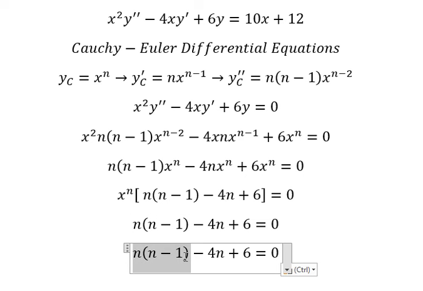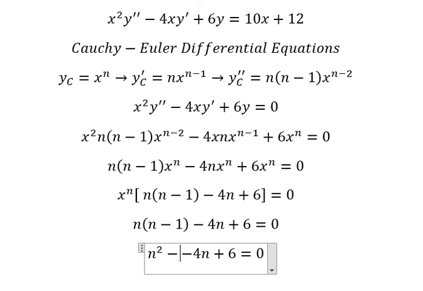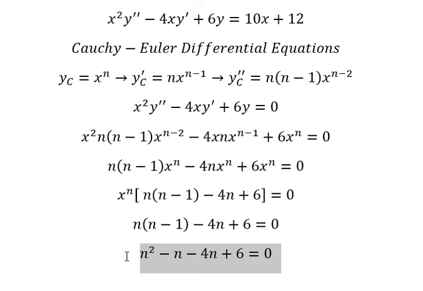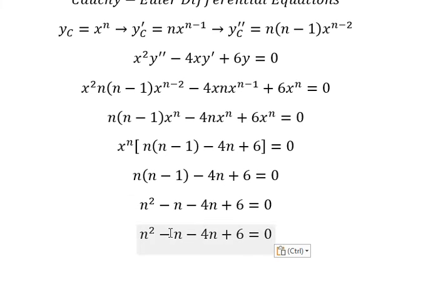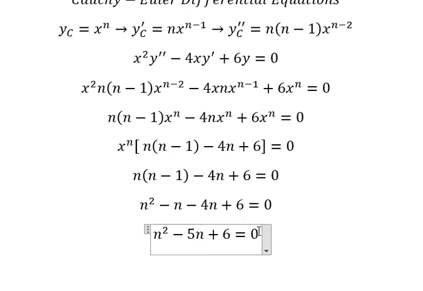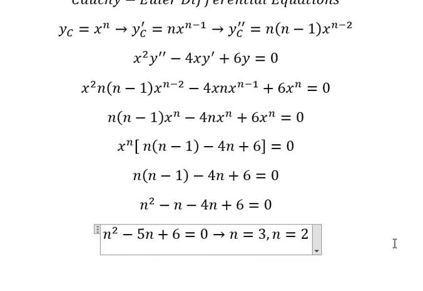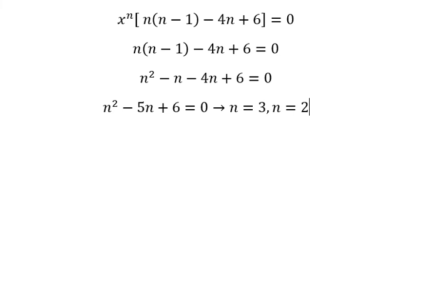So this one we have n squared minus n, and this one we have negative 5n. Now we need to find the solutions of this equation, and we have n equals 3, n equals 2. So we have y_c